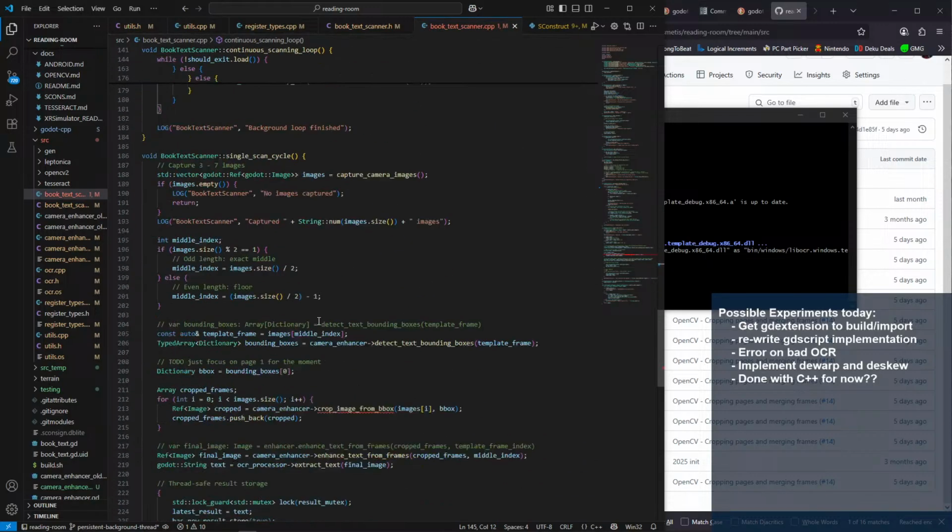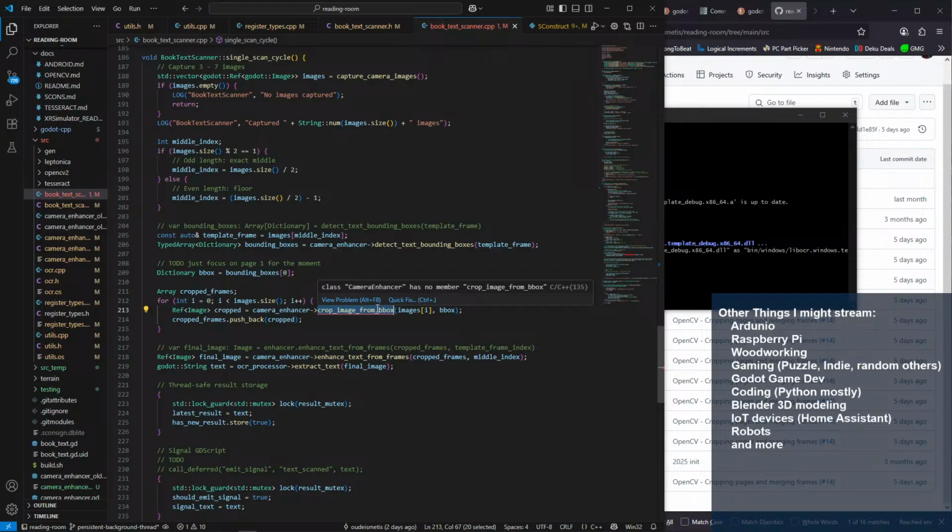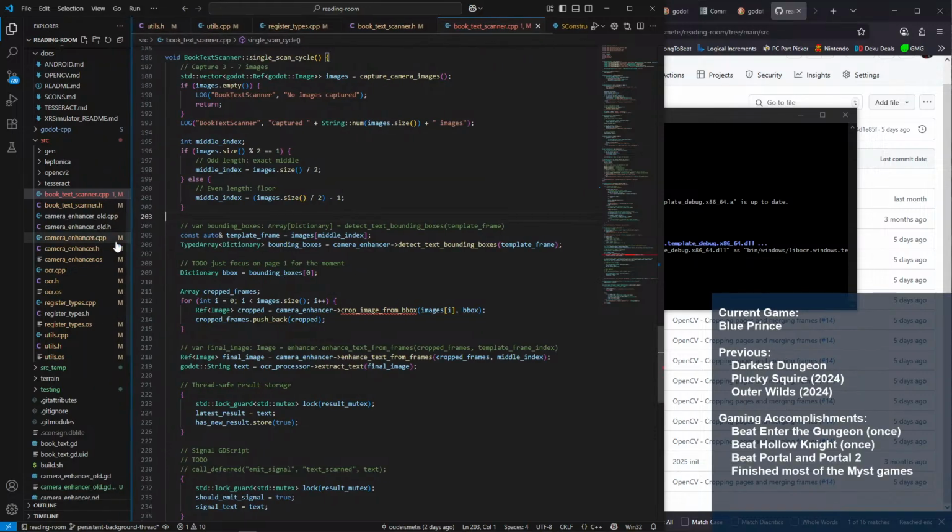And then our other error is camera enhancer has no member crop image from box. Okay, so that's fine. Let me drag this out a little bit.